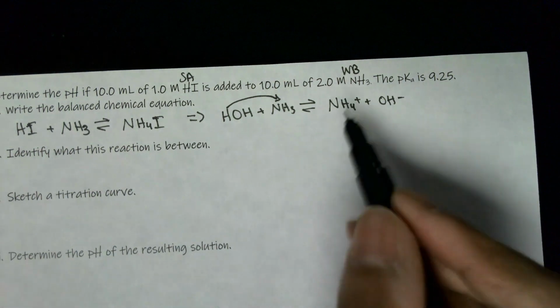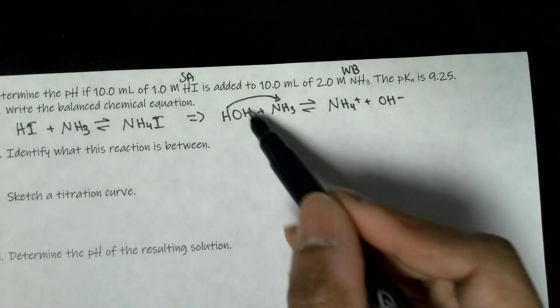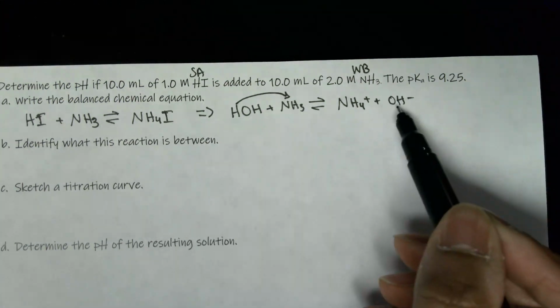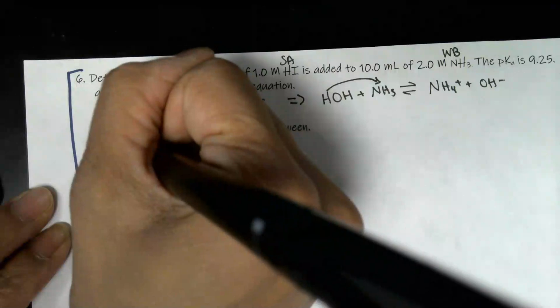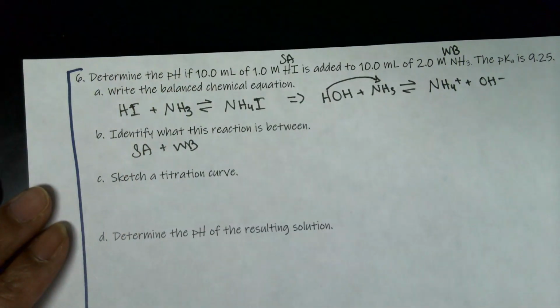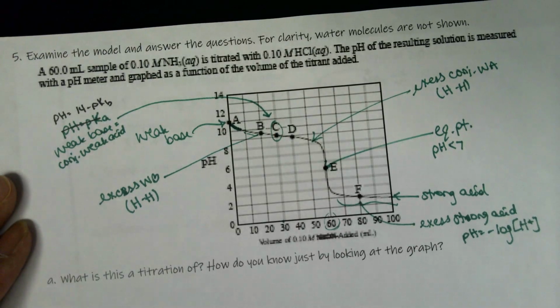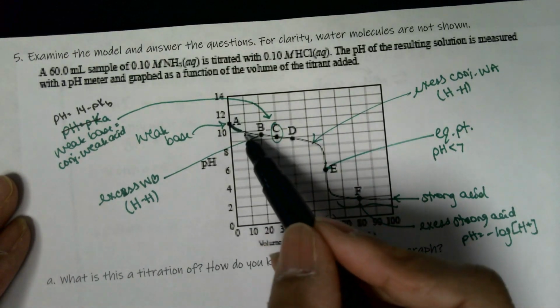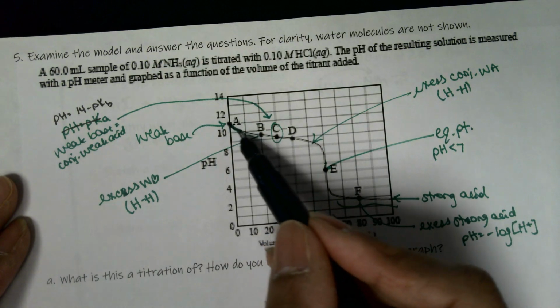I know it seems weird getting that from there, but anytime you have a base added with water, then you will see what that OH minus is derived from. So here we have a strong acid and a weak base. If we look at number 5 from topic 8.5, we end up having that weak base. We knew it was a weak base because there was a little bit of a dip and then it leveled off,